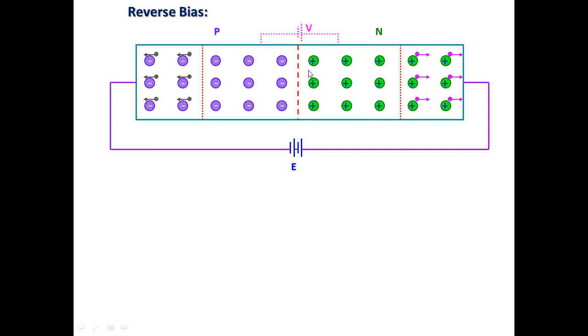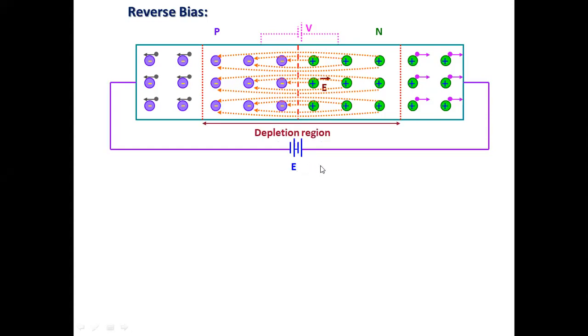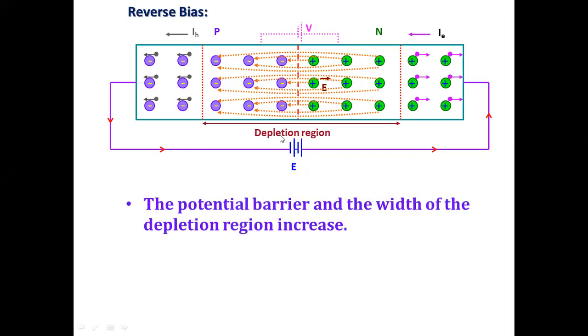Now, by the same direction of the potential barrier, these electrons are moving, so obviously the depletion region will increase. The depletion region increasing means it will create a high resistance path which will not allow the electrons to flow from positive to negative or negative to positive. If the high resistance path is created here, I will increase the voltage again. As I increase the voltage, this depletion layer will increase. If it is not conducting, then again I will increase the voltage. The depletion layer will come up to here. Again I will increase, and it will expand the depletion region.